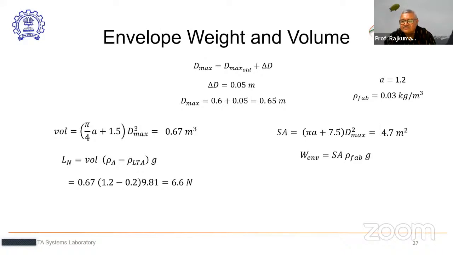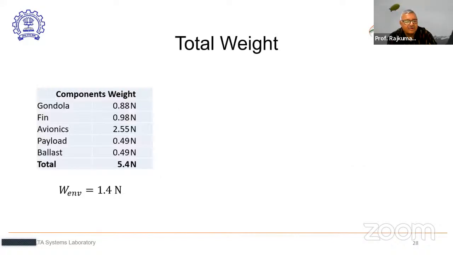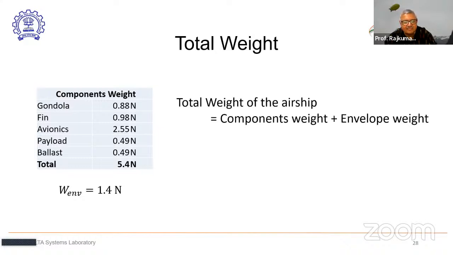Envelope weight: surface area 4.7 into envelope density 0.03 into 9.81 to get the answer in newtons. Yeah, it should be nearly 1.4. Okay, so the total weight is going to be the component weight of 5.4 newtons plus envelope weight of 1.4 newtons, which becomes,